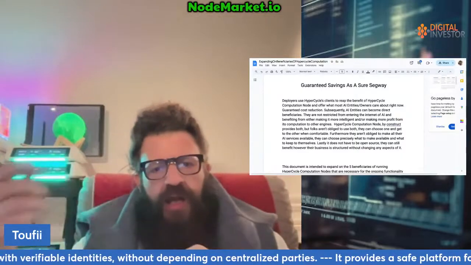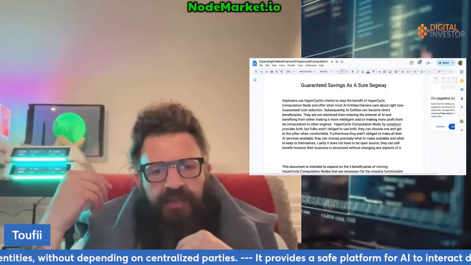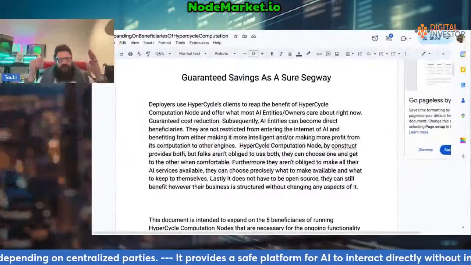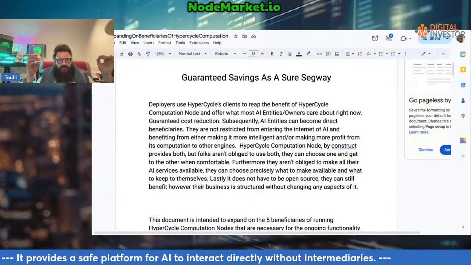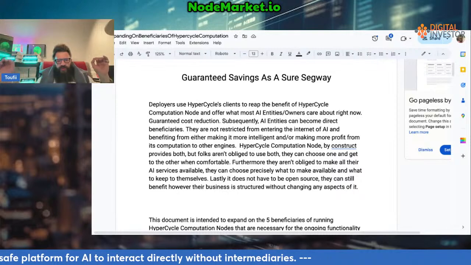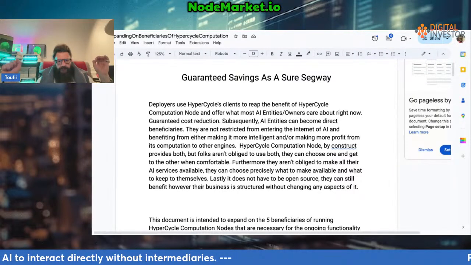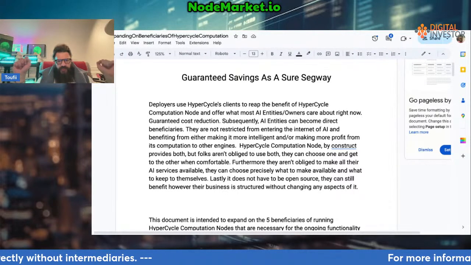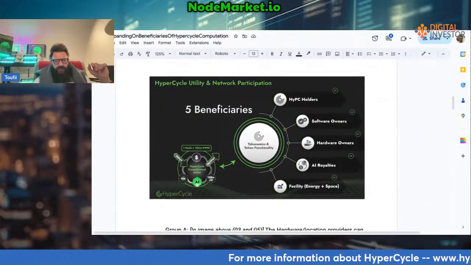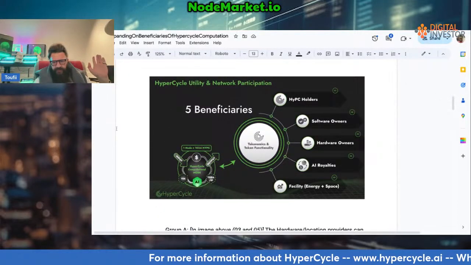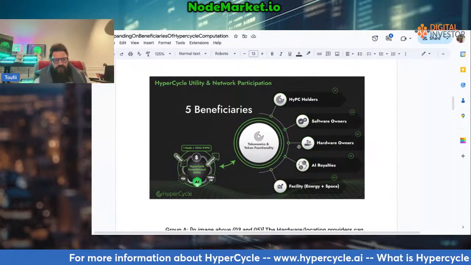So how do they do it, and why do they do it? The first reason is that they want to reap the benefits from your AI using the Hypercycle computation node. If we remember those 5 beneficiaries, right? You recall those? Yes, sir. All right.